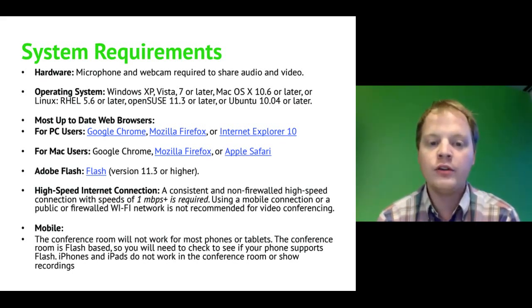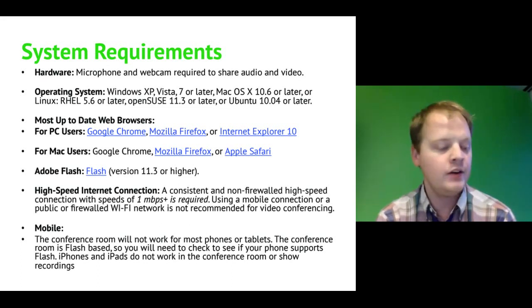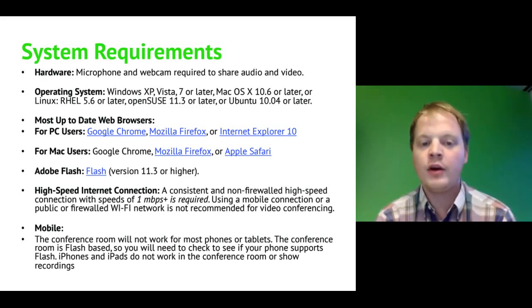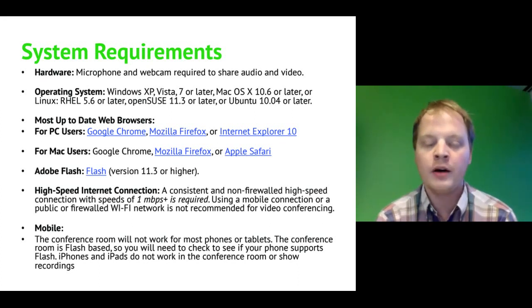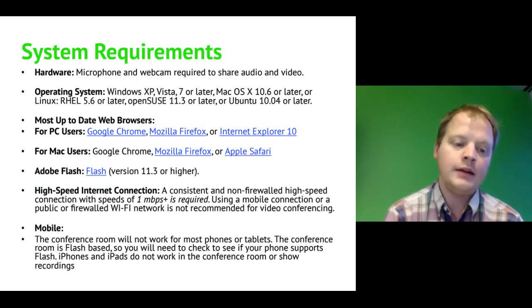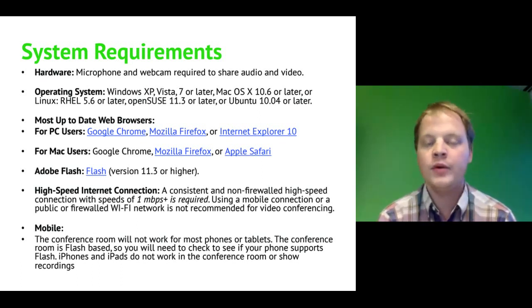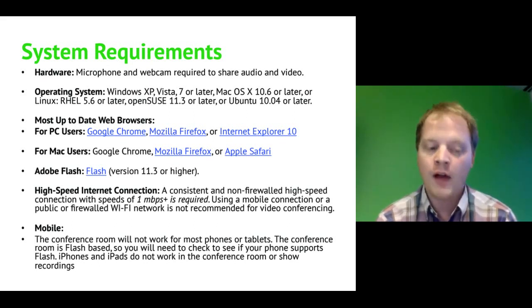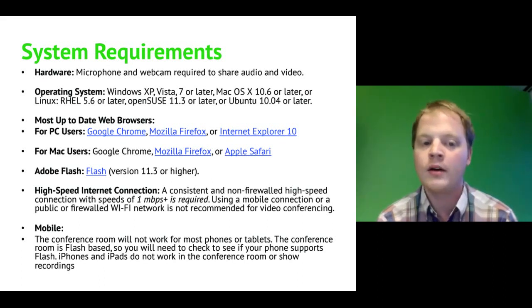The worst one to use is Internet Explorer. We have the most problems with Internet Explorer because it does not auto-update. As we do additions to our website, everything we are building for are these modern browsers. So if you're on an older version of Internet Explorer, i.e. 7, 8, 9, we are not building the website or the conference room for those outdated browsers. So you just need to update those browsers. And if your work doesn't allow you to update, suggest they let you download Google Chrome or Mozilla Firefox to use at work.